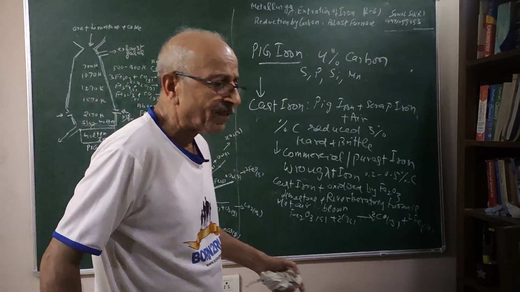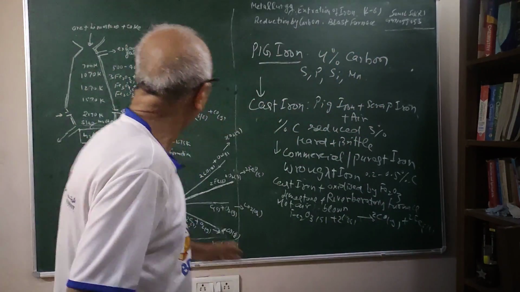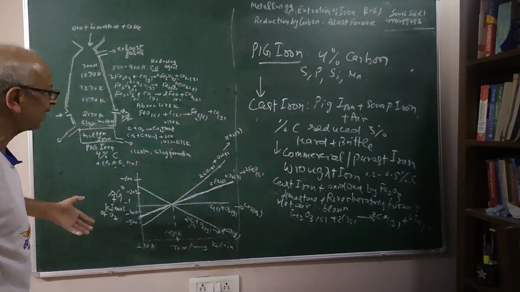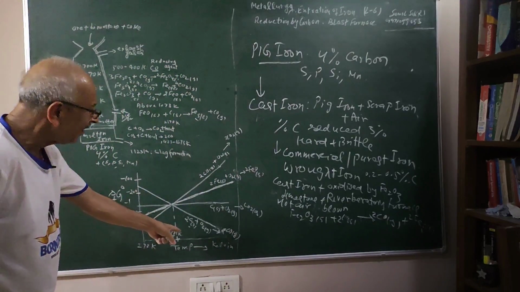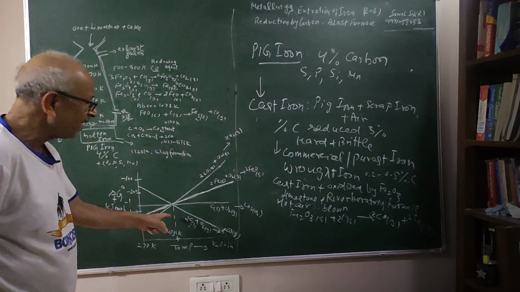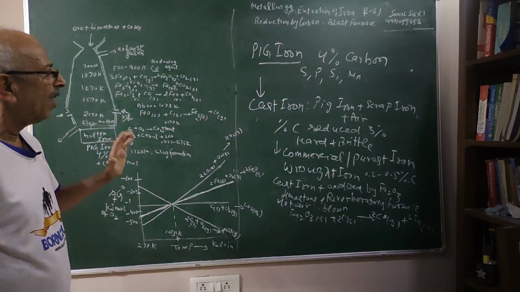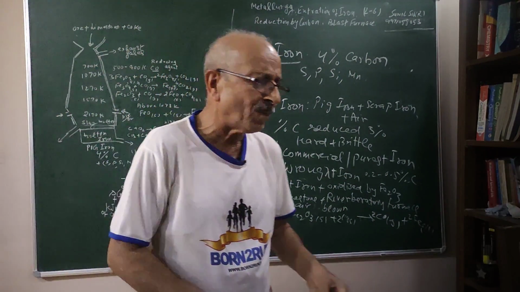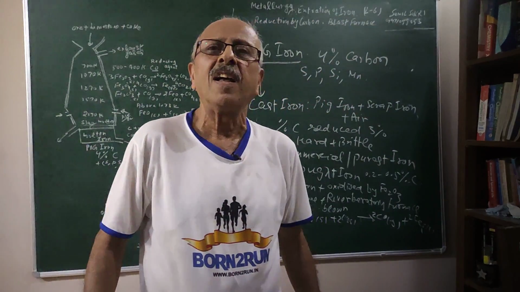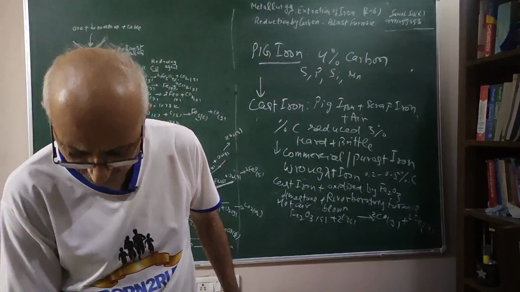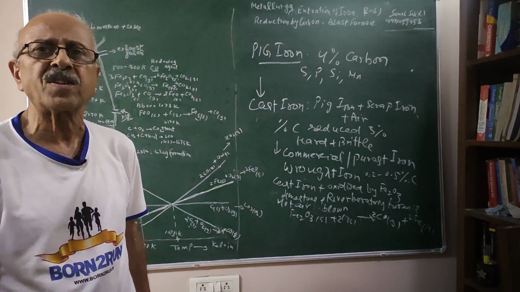Therefore, students, what we have tried to show you here are the different zones in which different reactions are taking place, and the thermodynamics of the reduction of the oxide of iron using the Ellingham diagram. Alright, students, I will meet you in my next class where I will discuss the extraction of copper, and then also we will discuss the extraction of zinc.